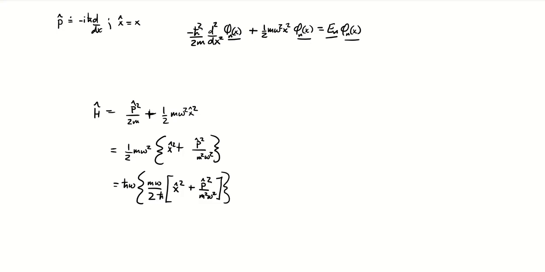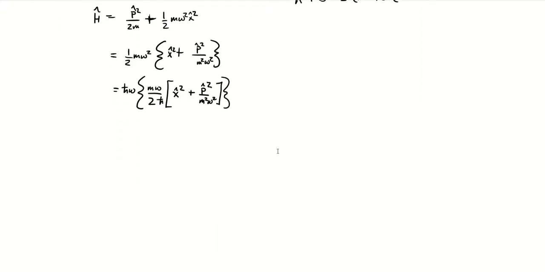If we look at the term inside the curly brackets, it's a lot like a difference of squares. If we wanted to factor it, we would get a plus b times a minus b, and the difference in sign makes the cross terms go away. When we have a plus, we can throw in an imaginary i, and the cross terms again cancel and we're left with that sum of squares. So we're going to do the same thing here with our Hamiltonian.